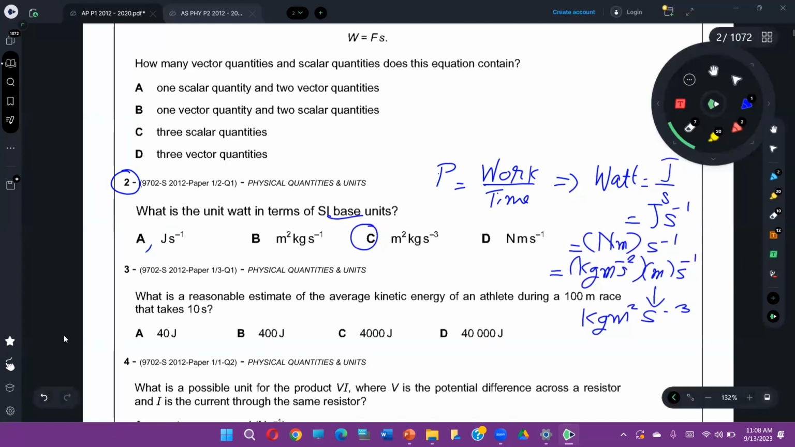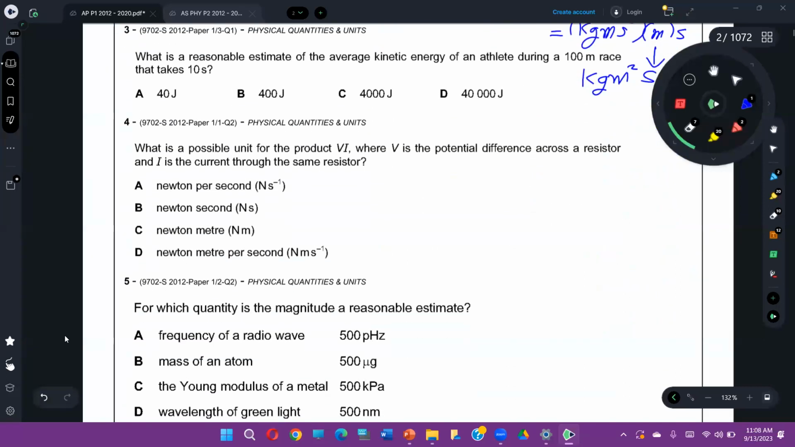Now, look at question number 4. I need everyone to take part with me. I need help in writing. What is a possible unit for the product VI, where V is the potential difference across a conductor and I is the current through the same resistor? Now, when he says VI, voltage into current,